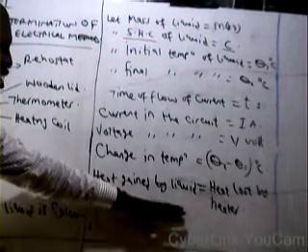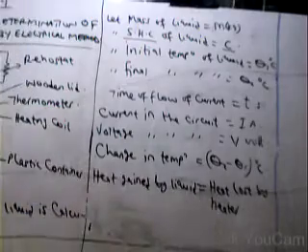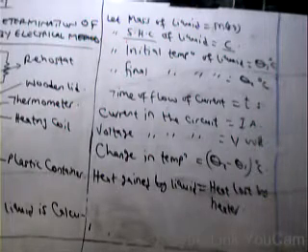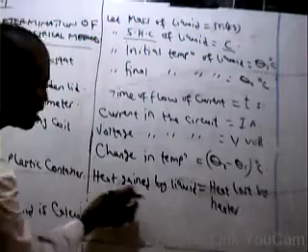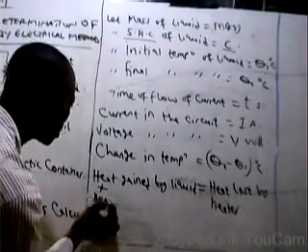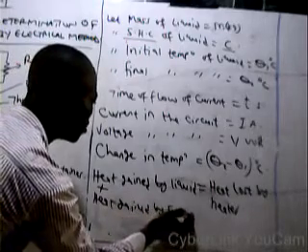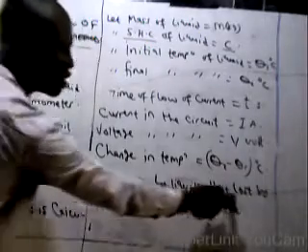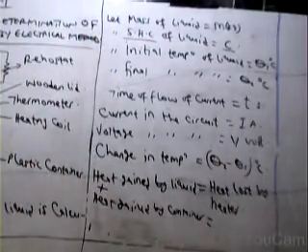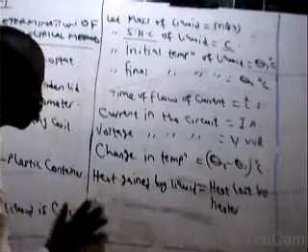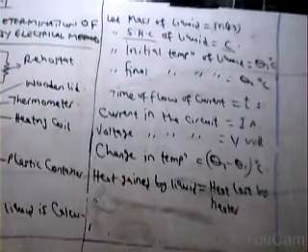Now, this expression holds if the total heat lost by the heater is solely gained by the liquid. But if part of the heat is also absorbed by the container, what we are going to have is that heat gained by liquid plus heat gained by container must be equal to the heat lost by the heater. But in this case, we want to assume that the plastic container, being an insulator, will not gain any heat. So the heat gained by this container, we assume to be zero, so that the total heat lost by the heater will be equal to the total heat gained by the liquid.